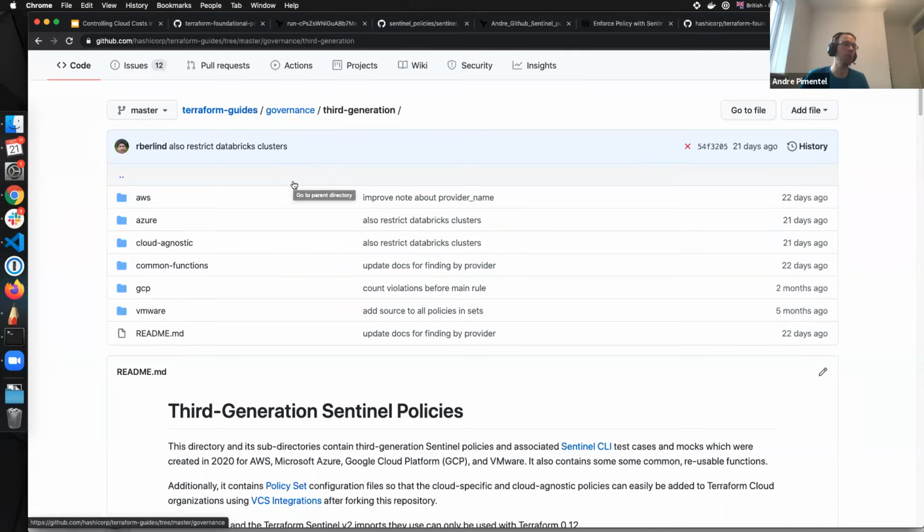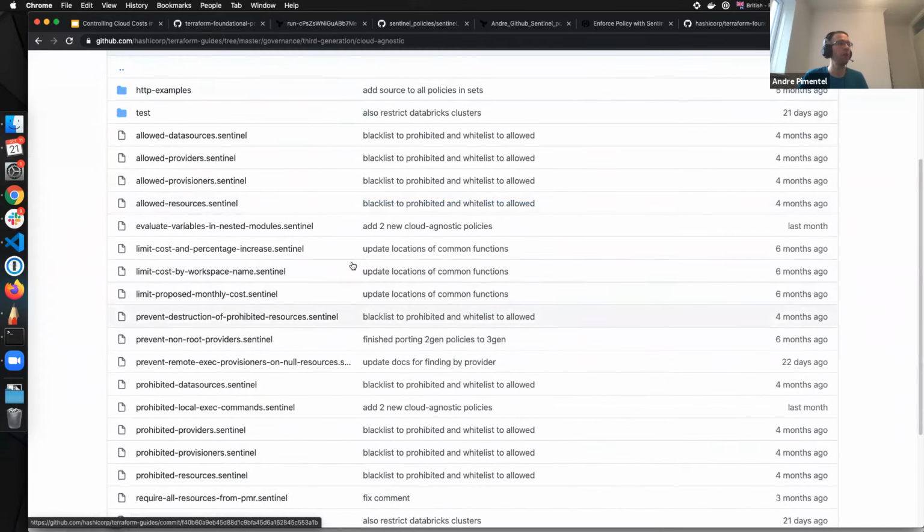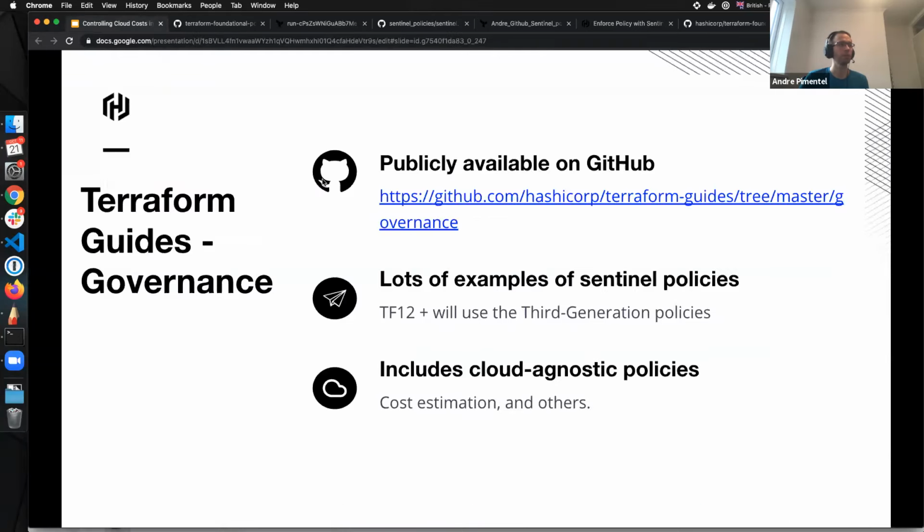You can actually copy and paste policies from here, change the properties, and off you go. We have also cloud agnostic policies here, from the limits costs of our workspaces to other very, very great examples here. Yeah, and also it's a very, very good place to start. So terraform-guides/governance.